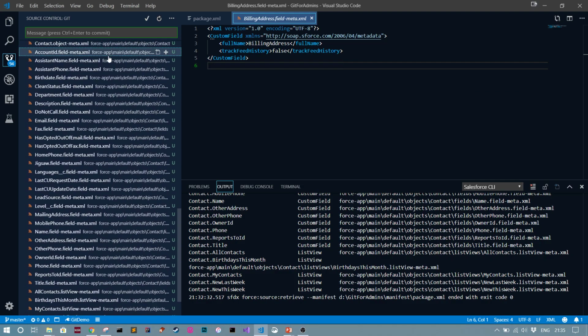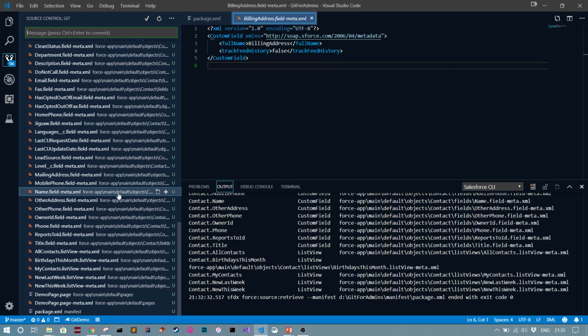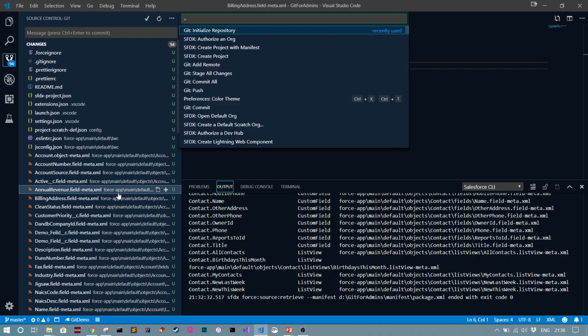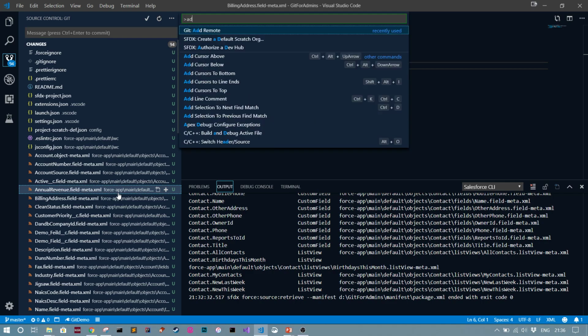Now we haven't necessarily changed these from the perspective of the Salesforce org, but they are new to Git. So we have a local instance of Git in this folder, and none of these files have been added to Git as of yet. So we're going to change that. So for the initial commit, we're going to add